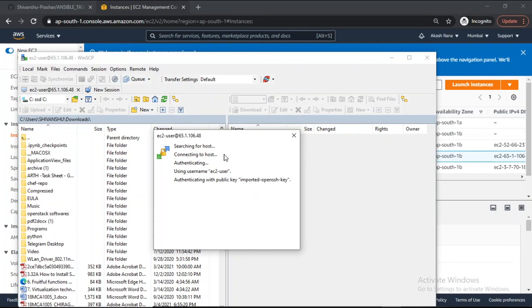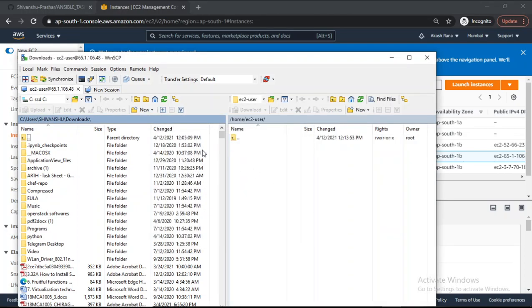So here you can see it is connecting with my machine, so it will take some seconds. Here you can see on the left side, this is my Windows machine, and the right side is my AWS machine. This is the data node machine, I just copied the IP and provided it here. I'm inside downloads. Here I just want to upload